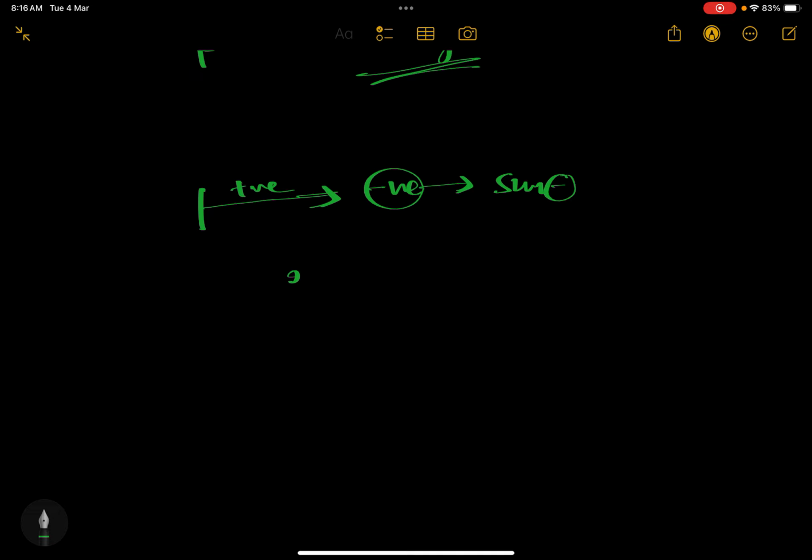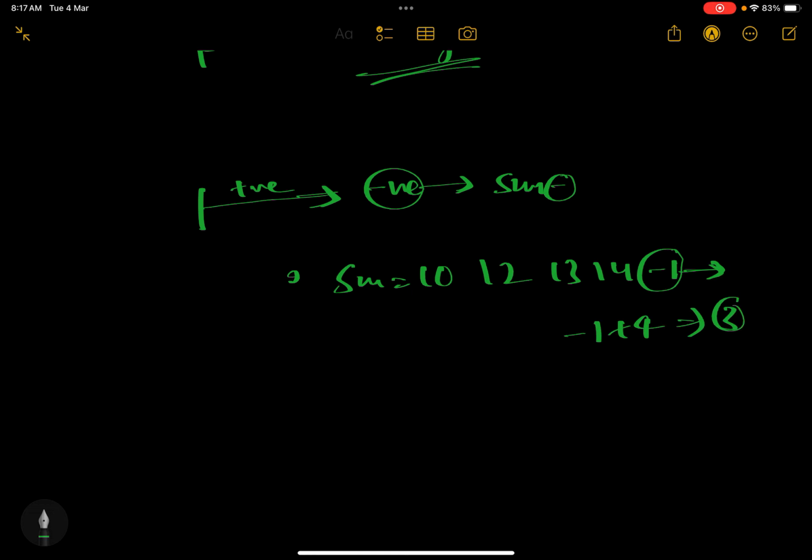So you have to keep adding those numbers until your sum reaches negative. Means your first sum was 10, then 12, then 13, then 14. But if somewhere a negative number comes, that is minus 15, the sum will decrease to minus 1. If you keep this sum and keep moving forward, it will always decrease your sum. So minus 1 plus 4, that will be 3. You don't have to take those minus numbers as your sum, because a negative number will always